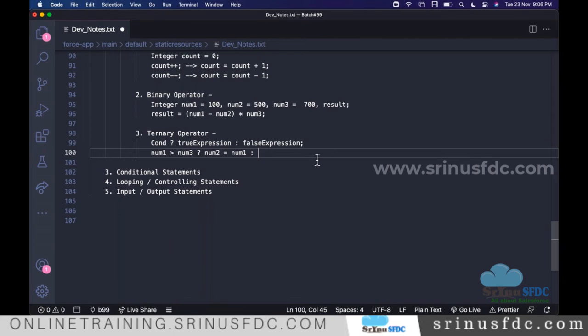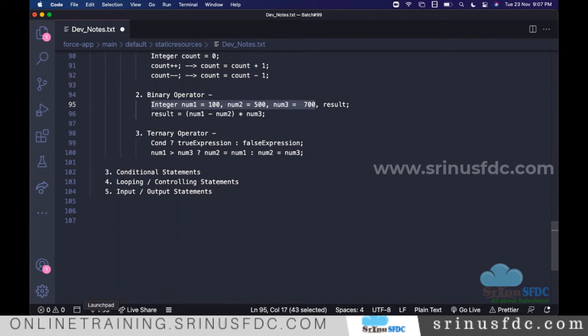Otherwise, number 2 should be the number 3, which is bigger. Now if you see how it will work, 100 greater than 700, no, false. It will execute this. Here number 3 is 700. 700 will be assigned to number 2 and we see that result.